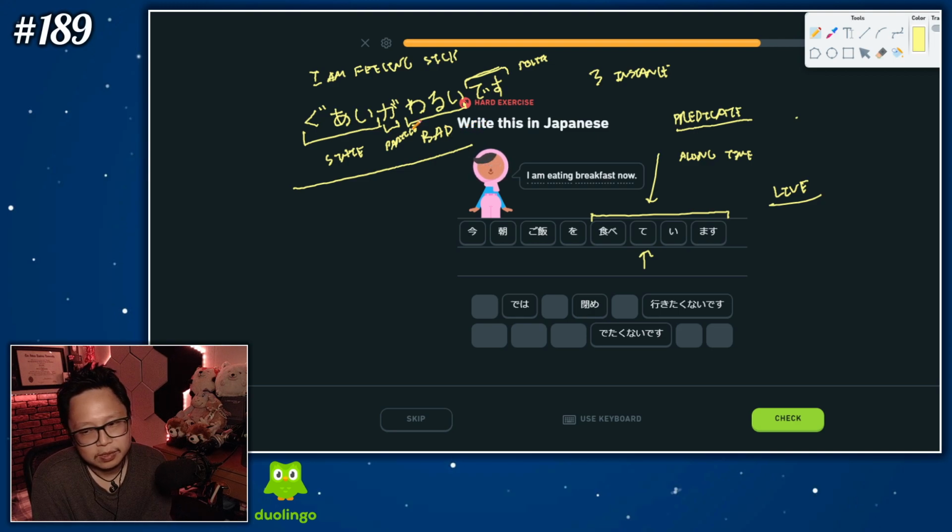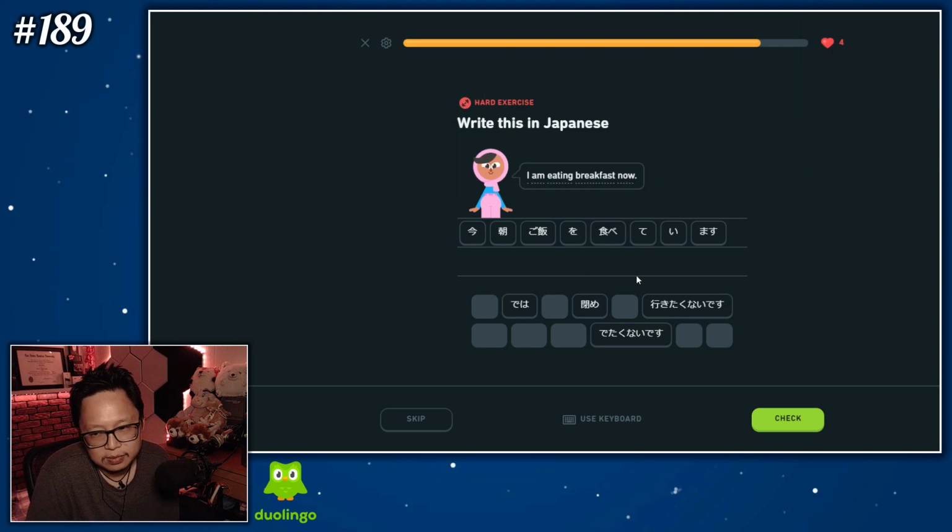But it's gonna be a while before guai, and then ga, because ga is referring to this state. So you're saying this state is bad. So I am in a bad state. I am not good, which is often I am feeling sick. So I'm not good. I'm bad. So these are like the separate parts, which is kind of like lots of these things too.